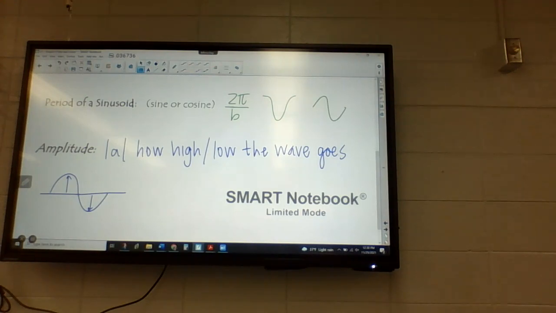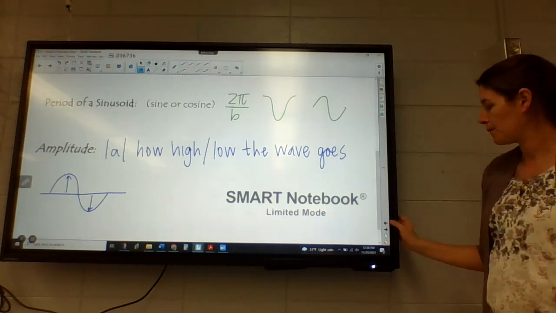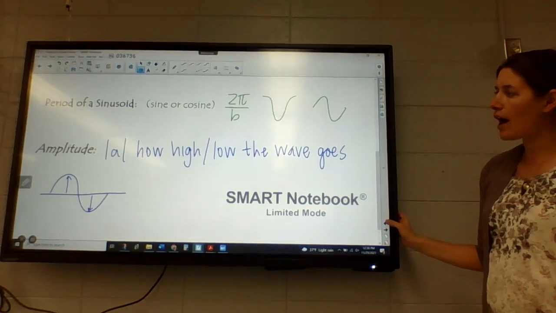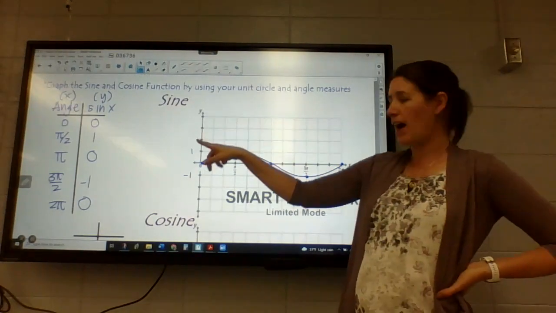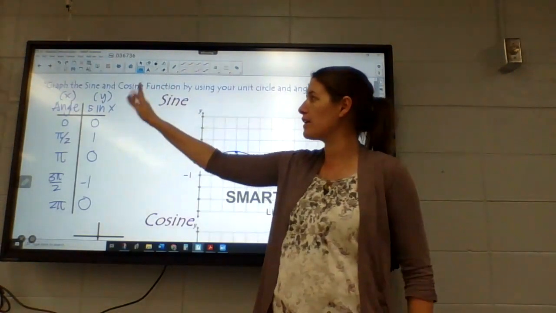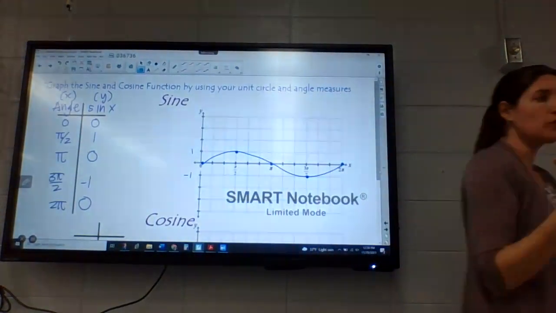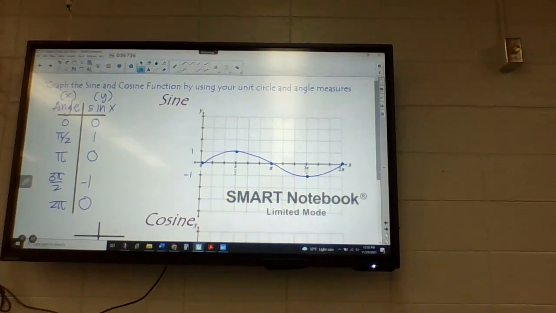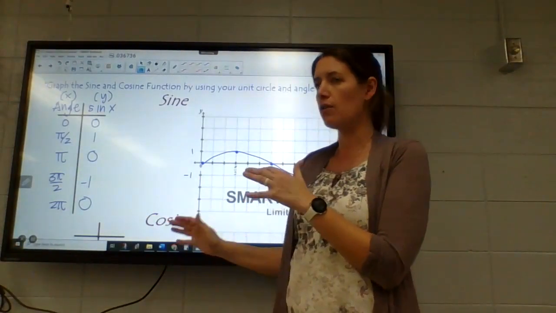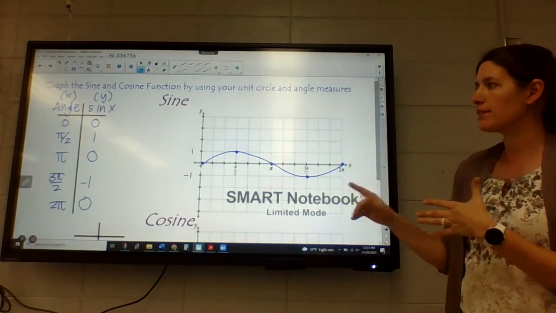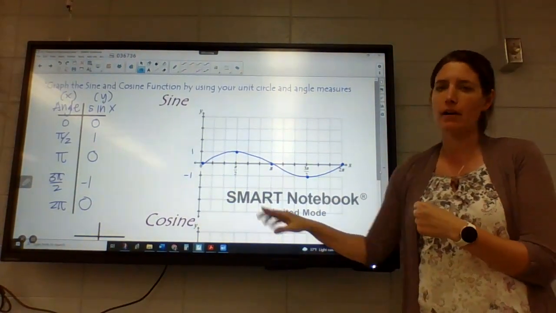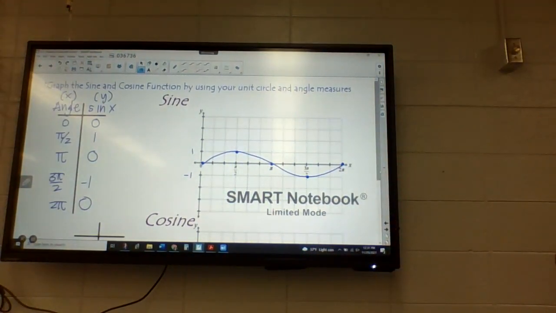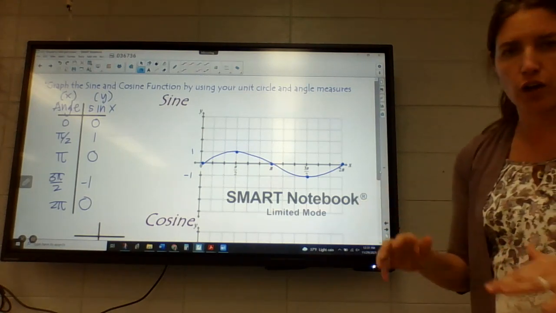Going back to our original two graphs, this is just sine of x, this is just cosine of x. There's no value in front of that sine, so we assume the amplitude is 1, because it just goes up 1 and down 1. There's nothing in front of the cosine, so it goes up 1, down 1. Same thing, there's nothing in front of x here, so the period is just going to be 2 pi, always, if there's not a value in front of that x. Now we're going to change that up a little bit. The next two examples are going to allow us to change it. I'd like you to look at those and decide